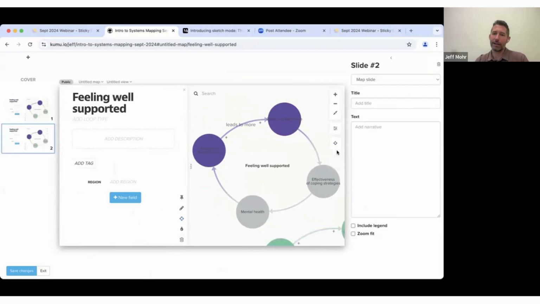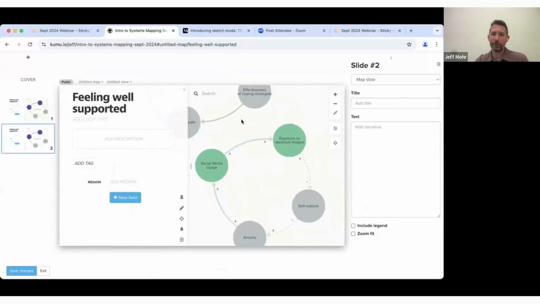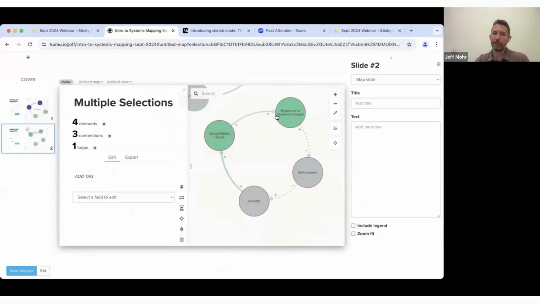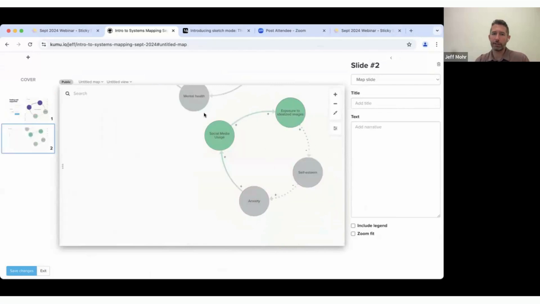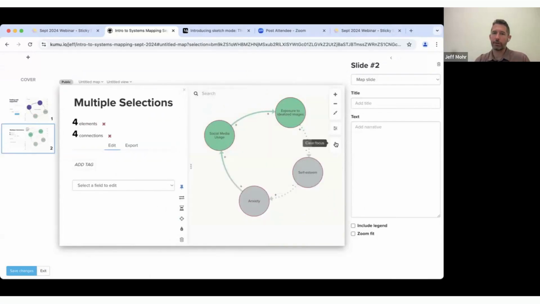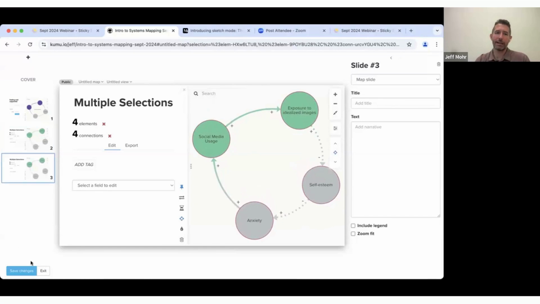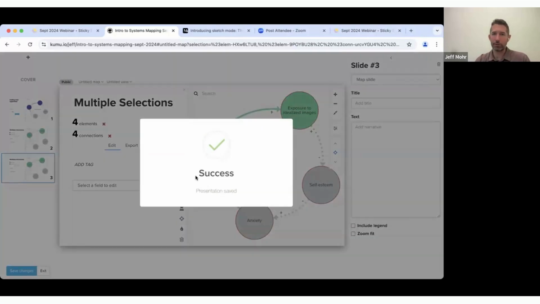And then I could exit out of this. I have not added the loop label for this one yet, but we could hold shift, select these different pieces, and then focus selected. There you go. Select these, click focus. Now I have just those in view, and then have that be my second slide, save these changes, and I'll just walk through and show you what